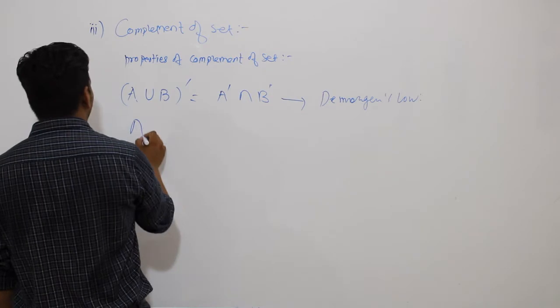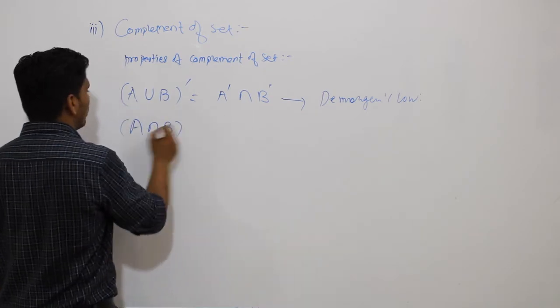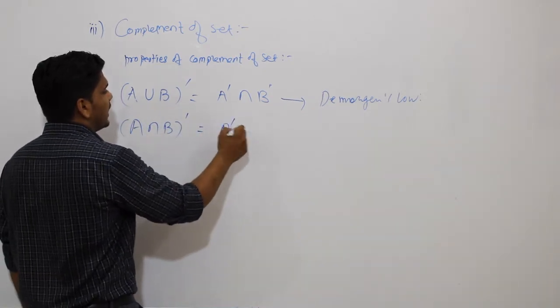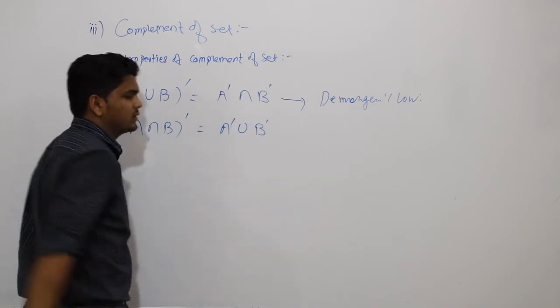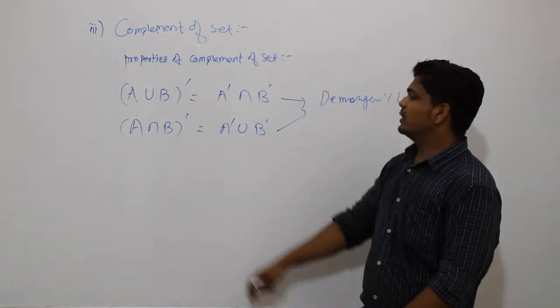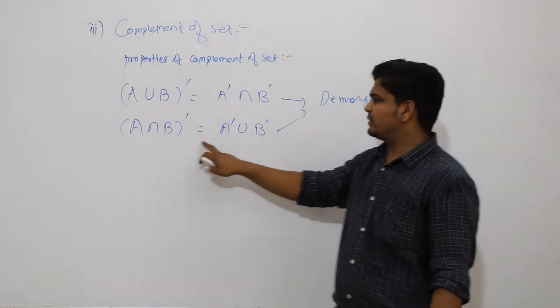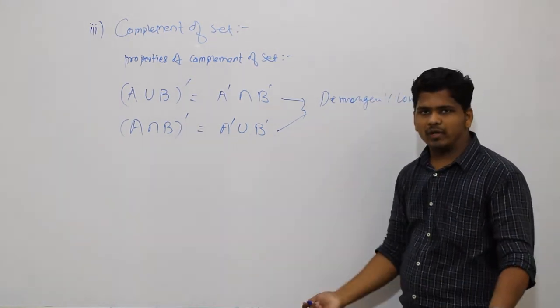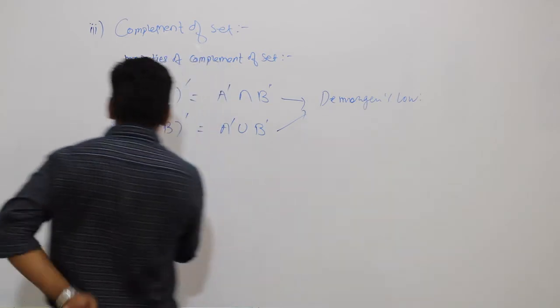Again, what is my A intersection B complement? It will be nothing but A dash union B dash. This is also called De Morgan's law. Means the complement of an intersection is nothing but the union of complements. Okay, what I am writing here in words,